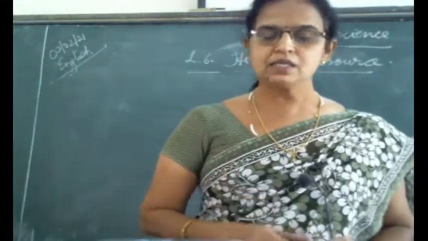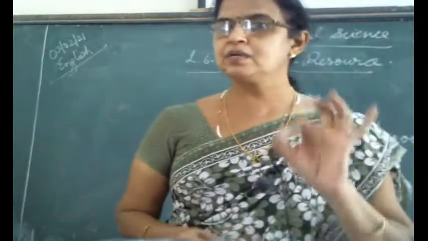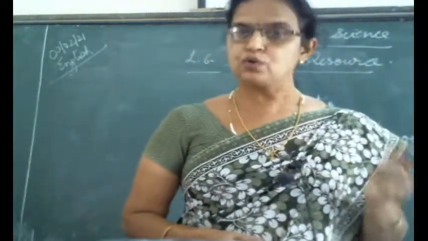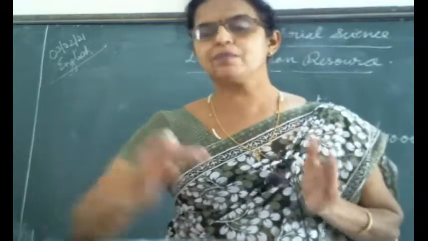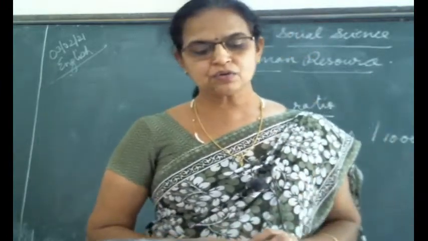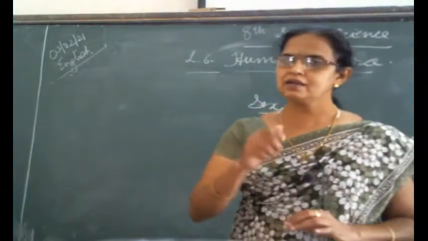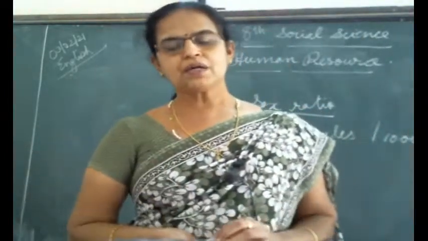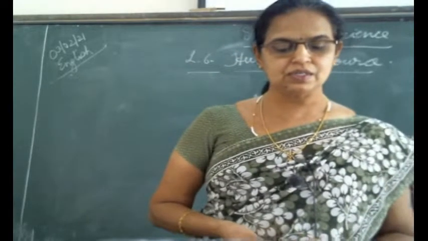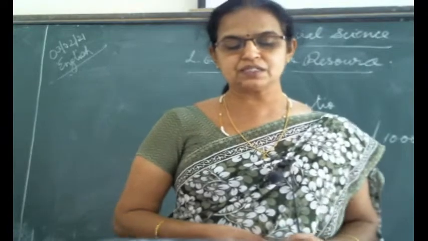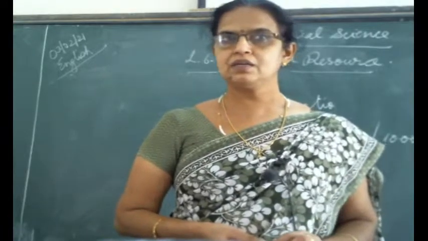It is an important criterion to measure standard of living. What is the important criterion to measure standard of living? Literacy, and its social development. Gradually social development will be there. Literacy is also the key to economic development of any nation. Underline: what is the key to economic development of a nation? That is also literacy. The definition of literacy was fixed at the time of the census of 1991.